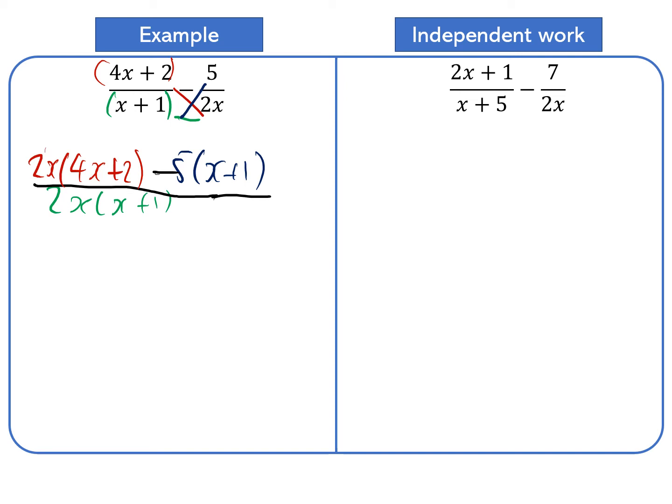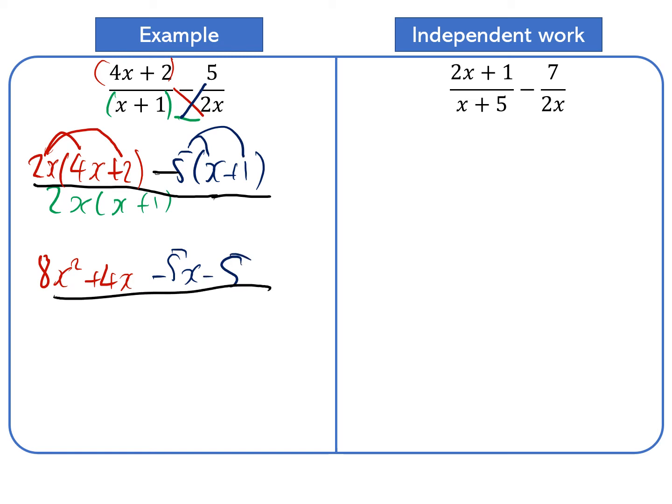Let's multiply out. 2x times 4x is 8x squared. 2x times 2 is 4x, that's positive. 5 times x is 5x, positive and a negative make a negative. 5 times 1 is 5, that's a negative. All divided by the same denominator,